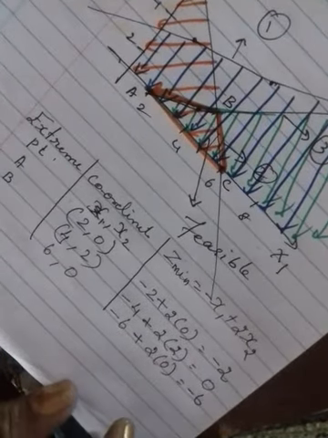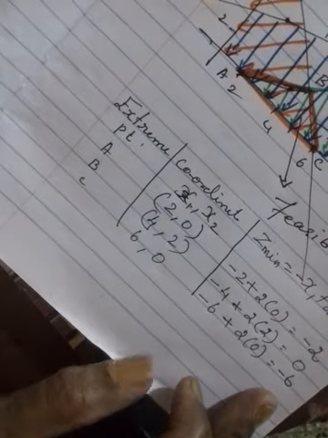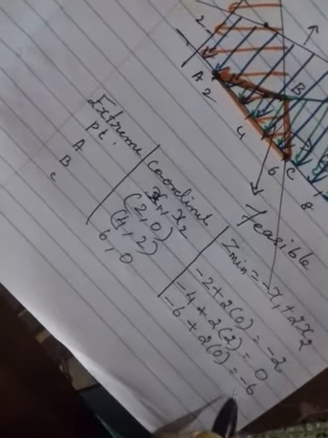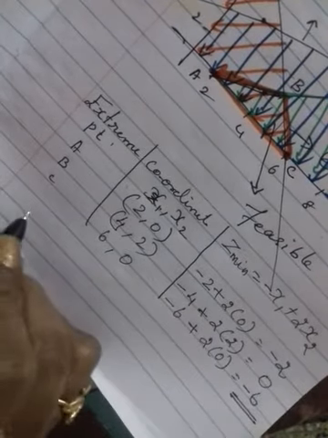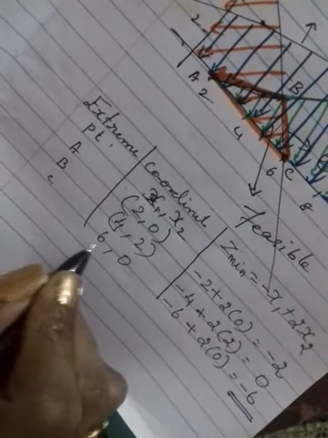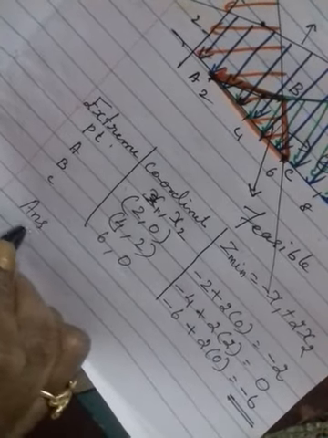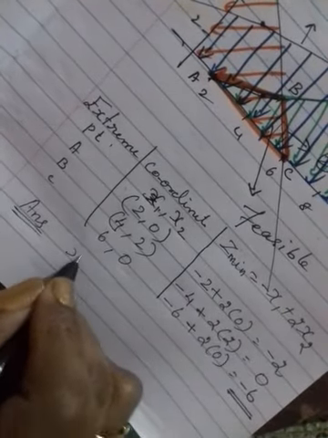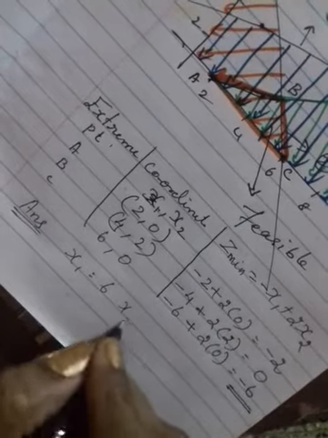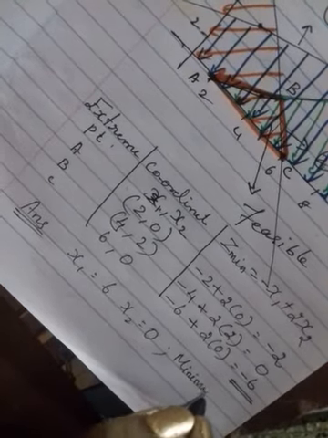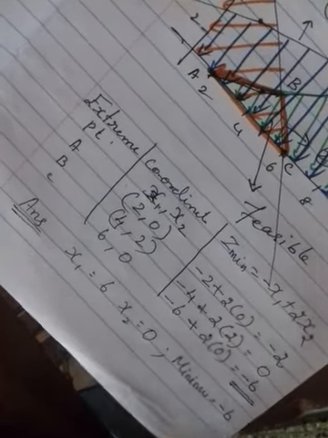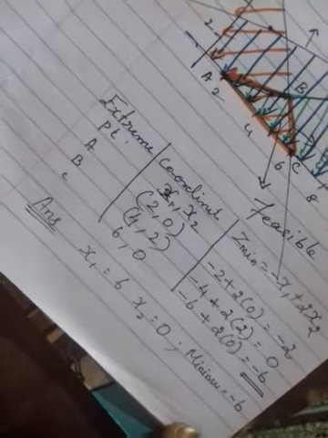Okay, so we have to find out the minimum value. Which is minimum? The higher the negative value, the smaller the number. So this is the minimum value, isn't it? Okay, so if we produce 6 of product A, x1 is equal to 6 and x2 is equal to 0, so you will get minimum loss. Okay, minimum is minus 6. Is it clear?